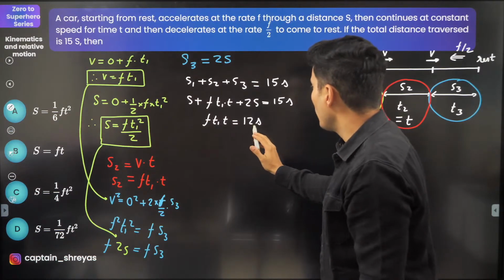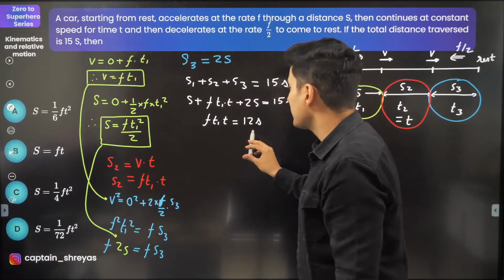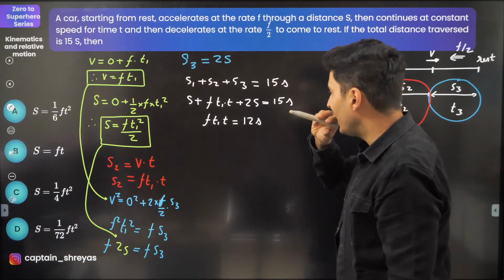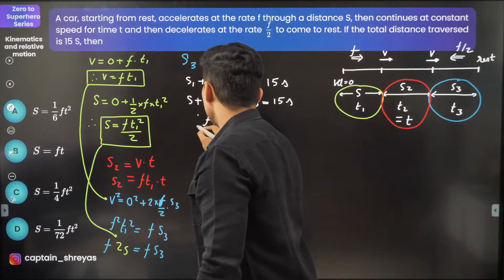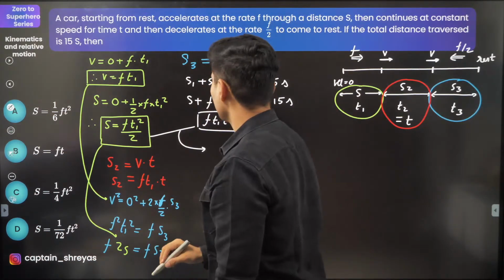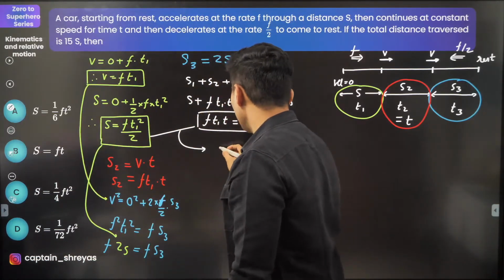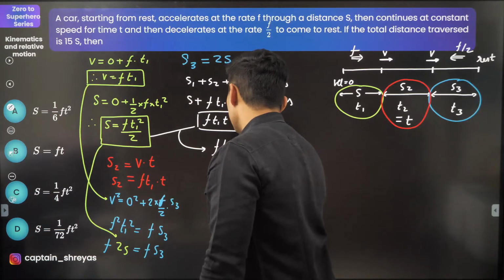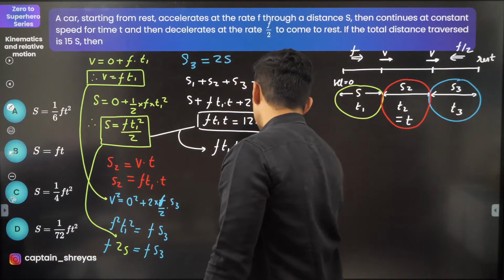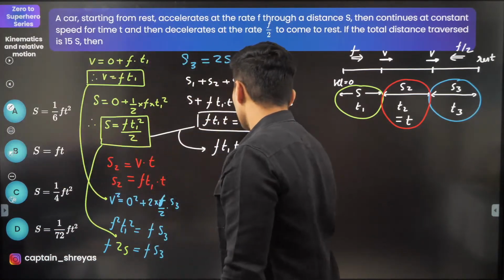Okay. So how about taking this and this maybe and dividing it? How about taking this and dividing both of them? Okay, let's try to divide both of them. So see, what do I get? I will get Ft1 into T is equal to 12s, and at the bottom I will have